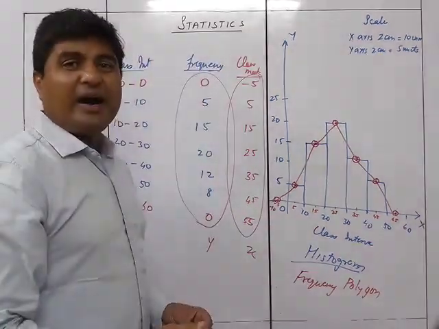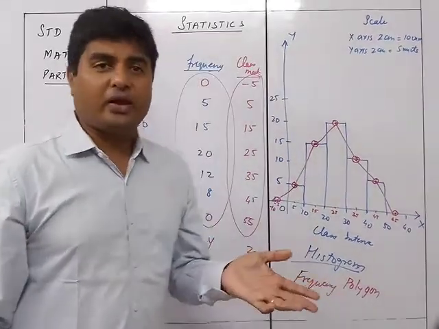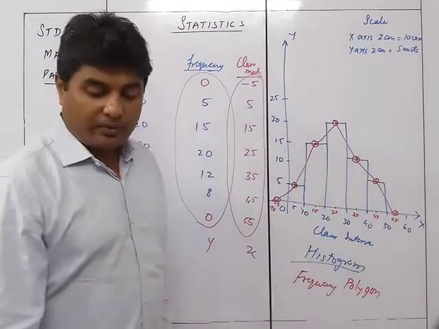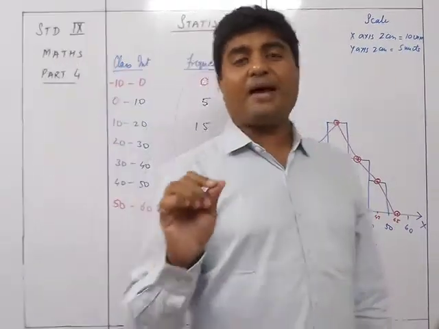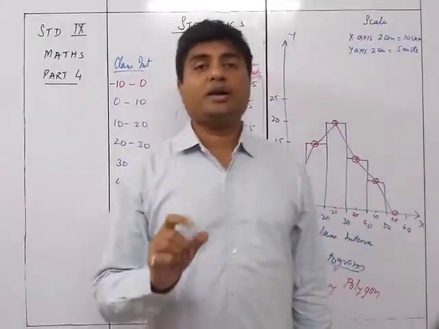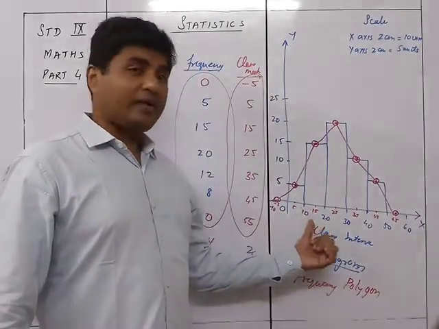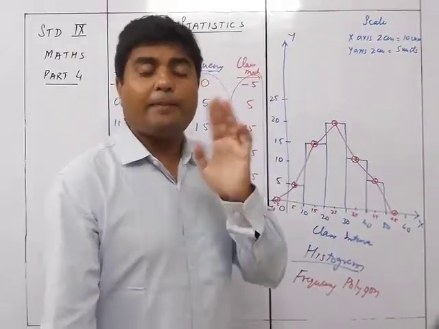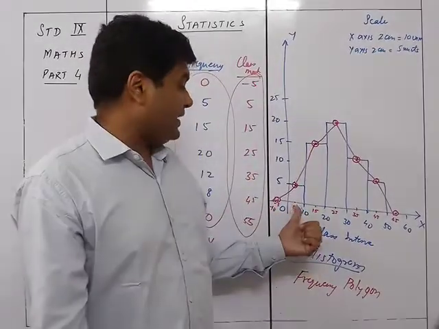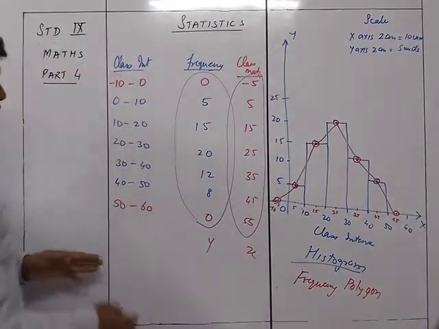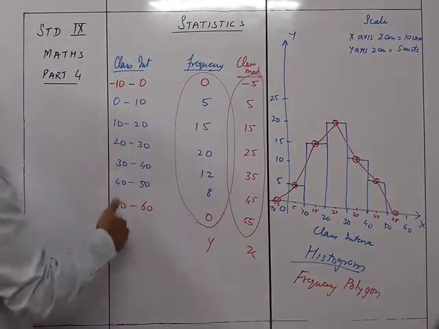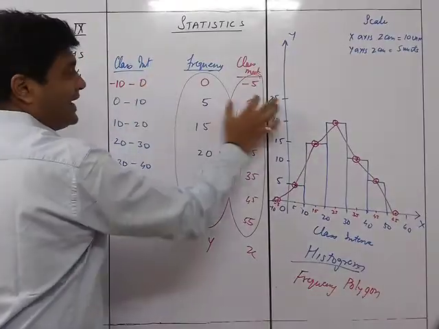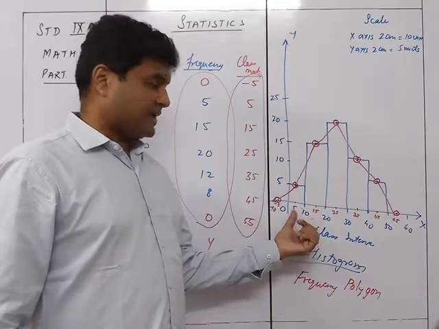So if you already have a histogram and are drawing the polygon, it's very simple. If not, then instead of the histogram you are going to plot directly. The difference between a histogram and a frequency polygon is that the histogram has the values from 0 to 10 and so on. Here we are marking the class mark. We are not marking the upper limit or lower limit. We are marking the class mark. We are not marking 0 nor 10. We are not marking 0, 10, 20, 30 nor 20, 30 over here. We are marking these ones, that is the class mark, the midpoints of that class, as that particular point.